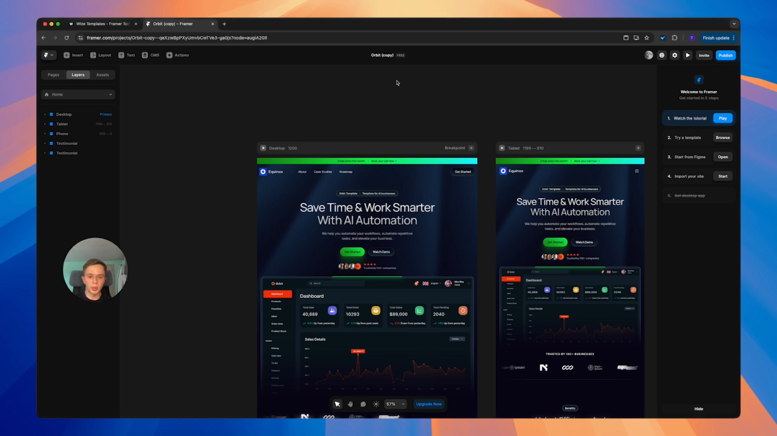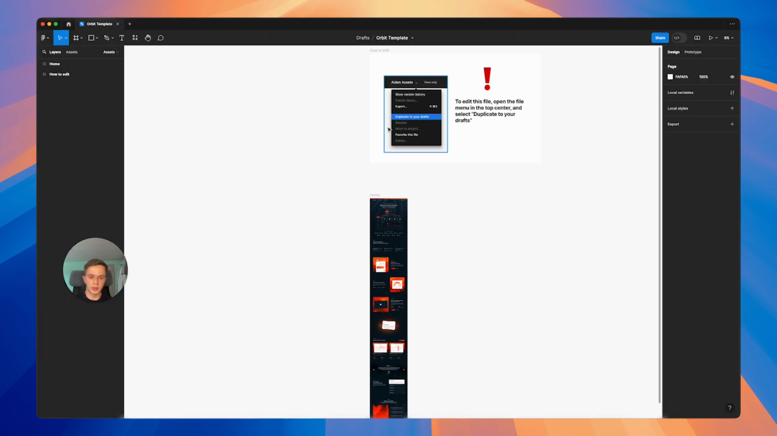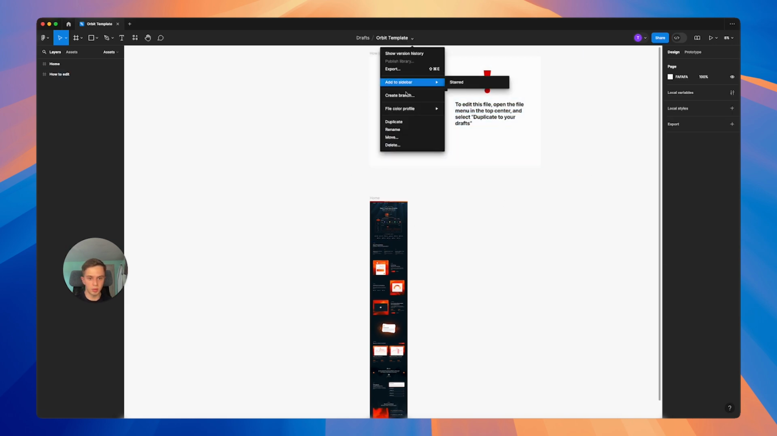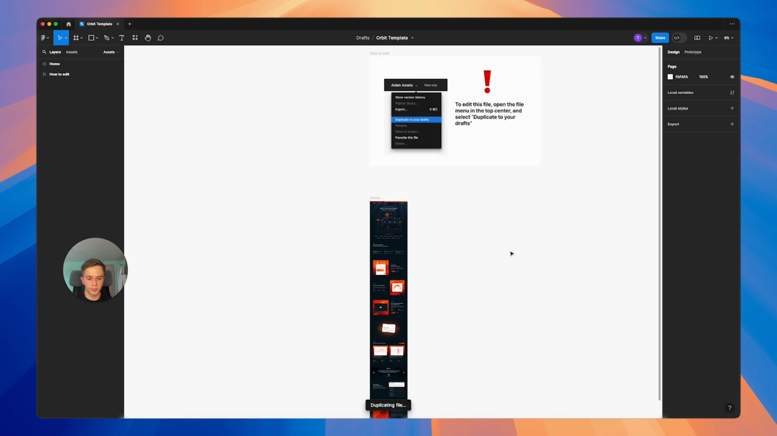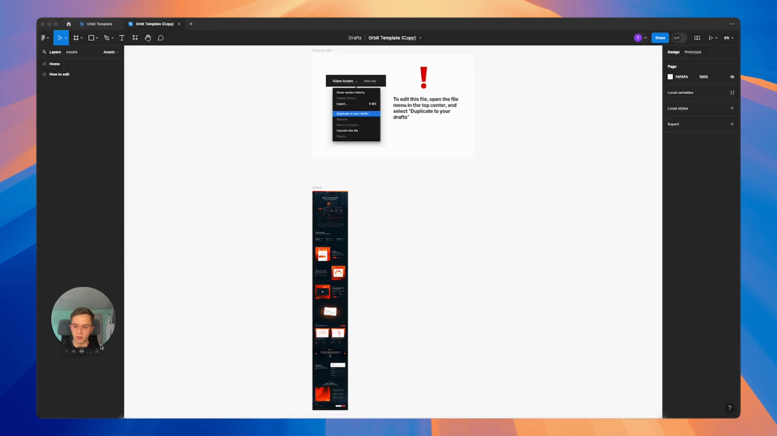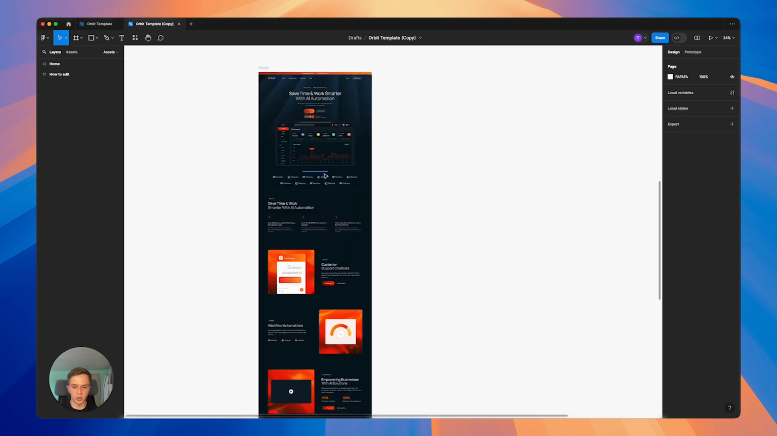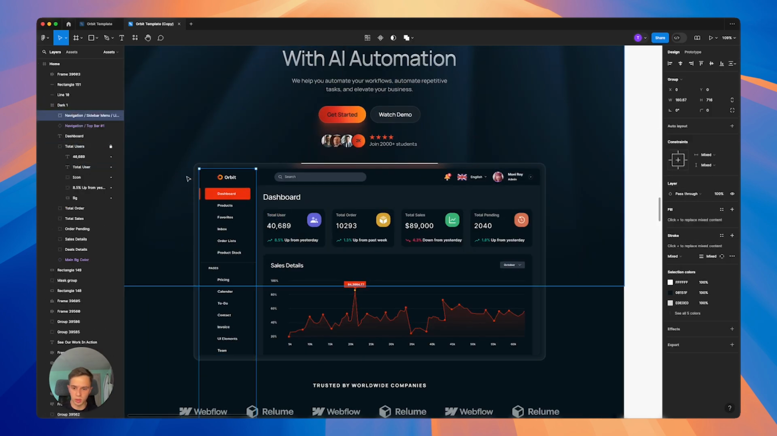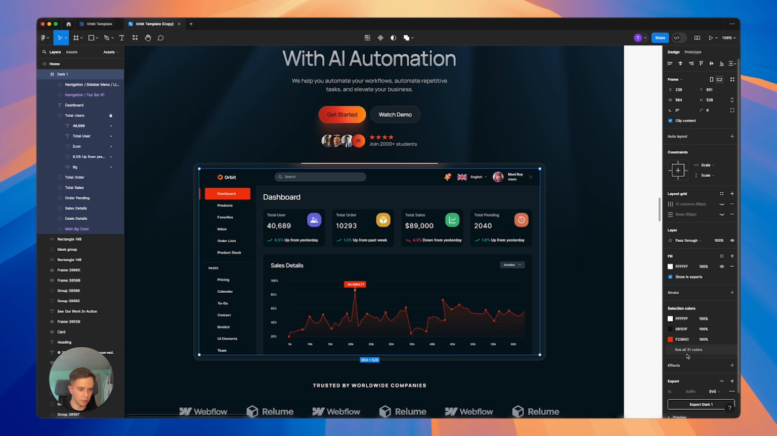So once you open that Figma file, you will basically see this screen. And what you have to do is exactly as it says here, simply click this little arrow, duplicate it. And then once you duplicate that, you will actually be able to edit the file itself and change the colors. So if we zoom in and if we select this dashboard,